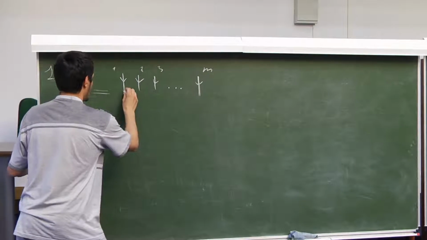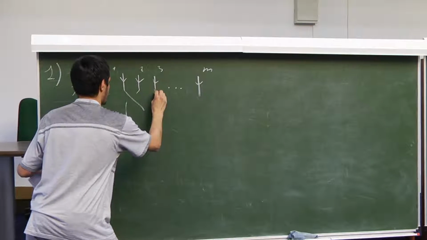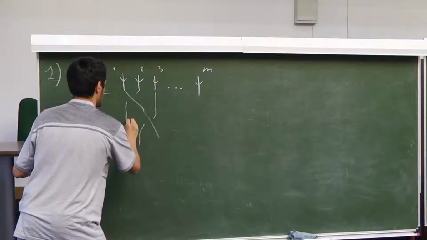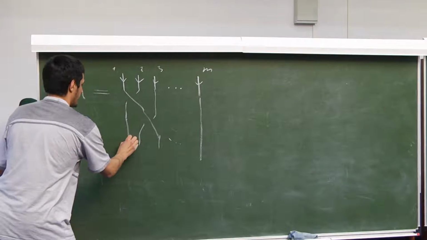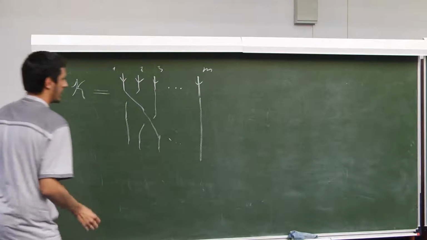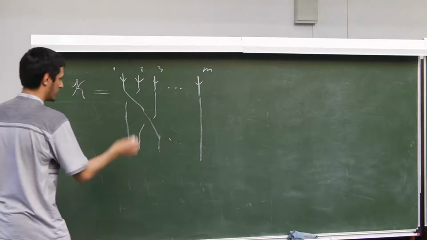And I have some crossings between adjacent strands. Something like that. And I assume that I have a closure of this braid, but I will not draw it